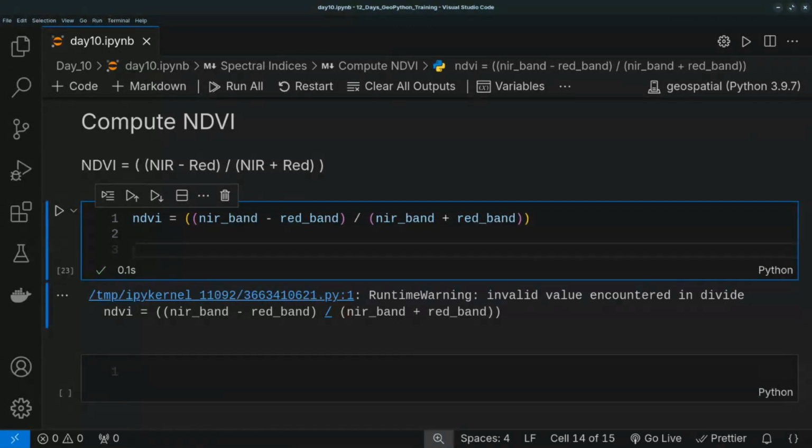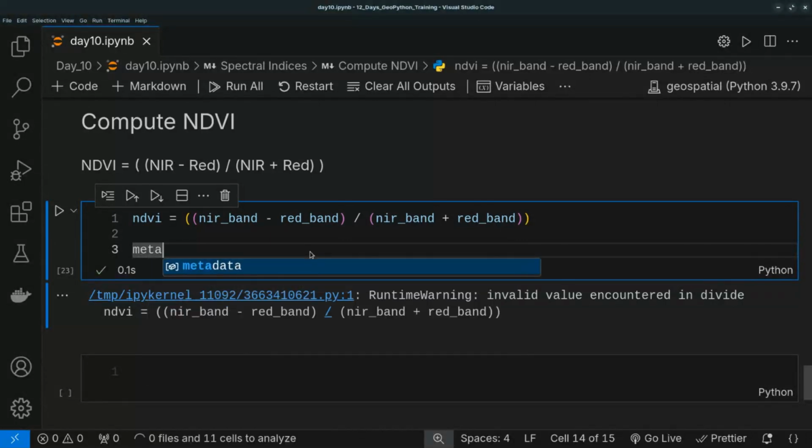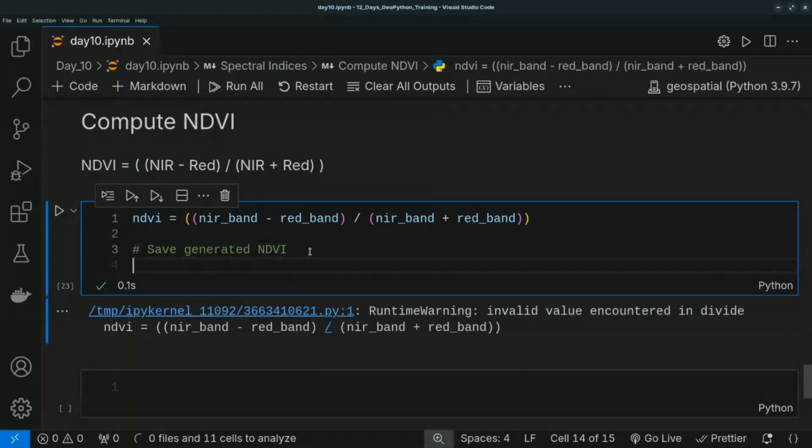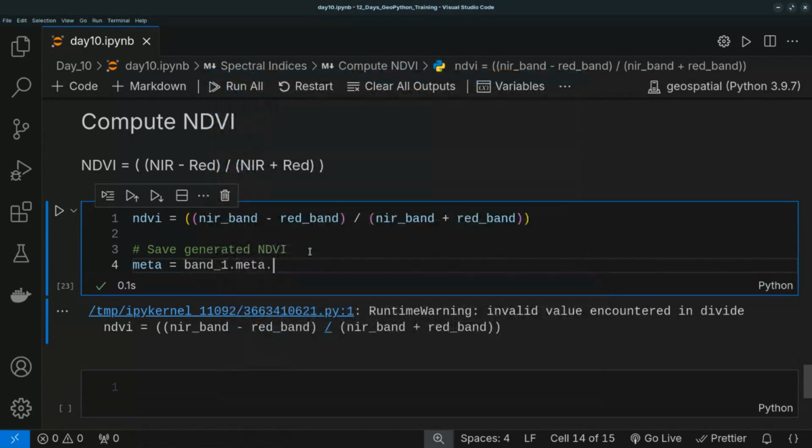So the normal stuff, we need a particular metadata. Since our band 1 is still in memory, I've not closed it. Let me copy band 1's meta. A comment like "save generated NDVI", and then this will be meta equal to, let's copy band 1's meta dot copy,